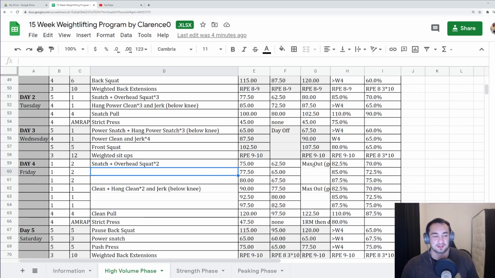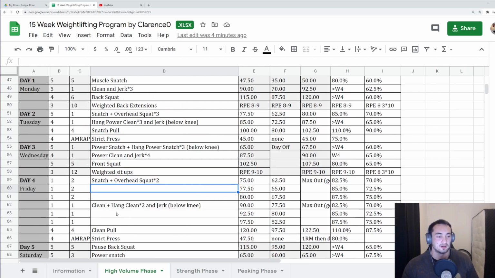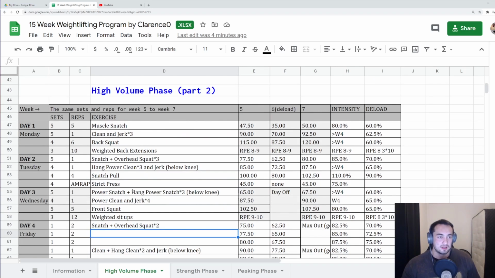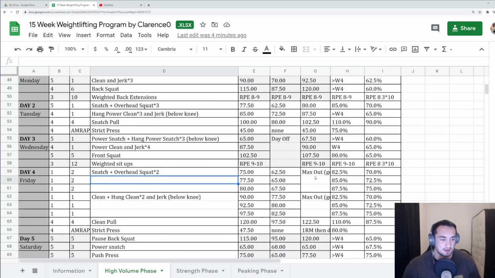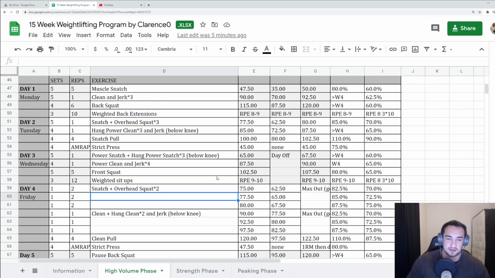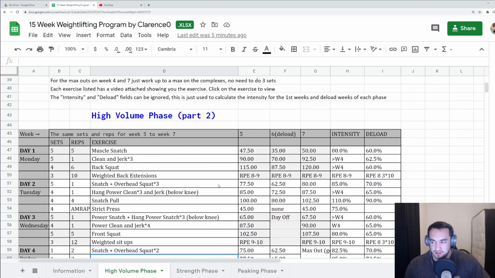And the max out sessions, not all of them are on pure snatch, clean and jerk one rep maxes. It's on different complexes. Here on week 7, part 2, the high volume phase, you're maxing out on this complex, which is something you probably never maxed out in before. So again, on the high volume phase especially, the goal isn't improving your one rep max